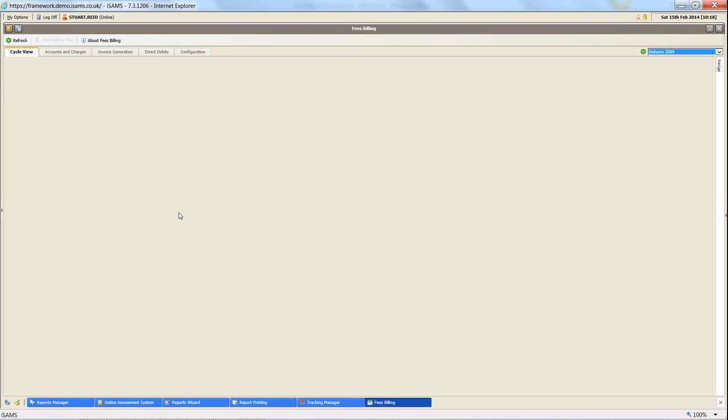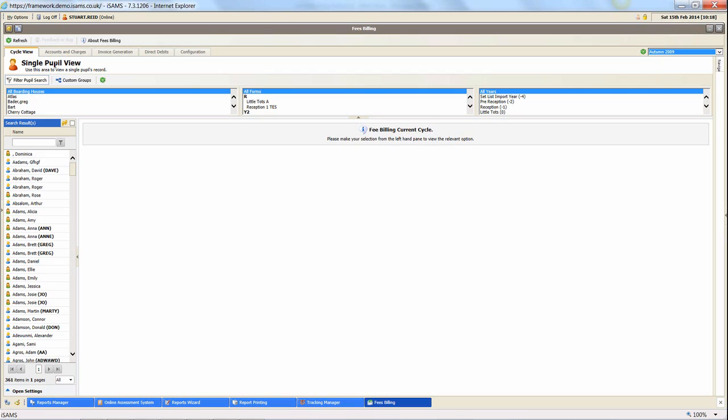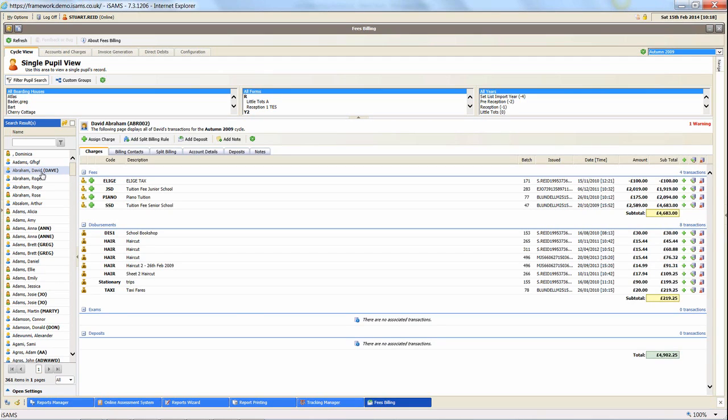As well as being able to use that rule system, we have the ability to apply a charge to just an individual pupil at a time. So I'm looking at David's current bill, broken down by the fees, the extras, any exams that he's being charged for, any deposits that are coming off. A simple assign charge button